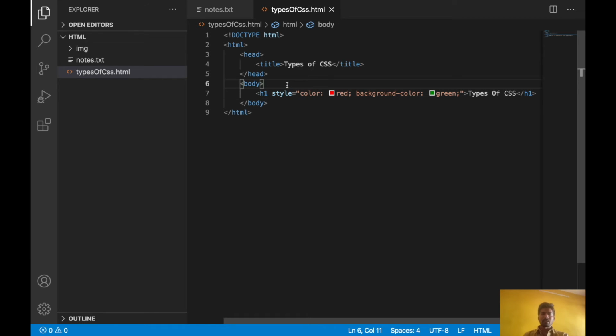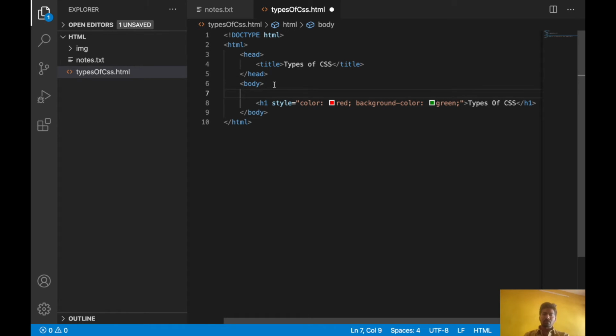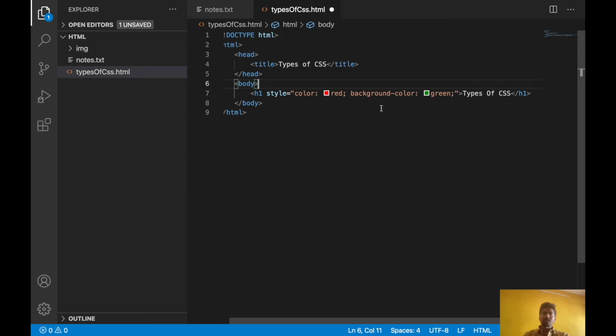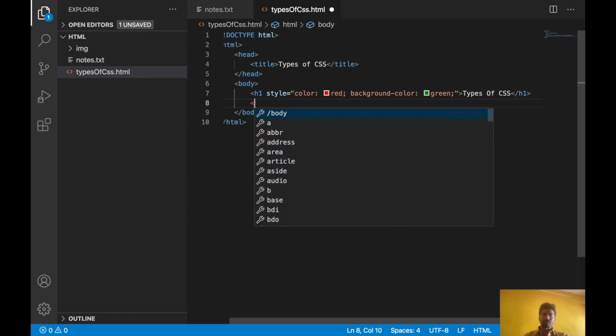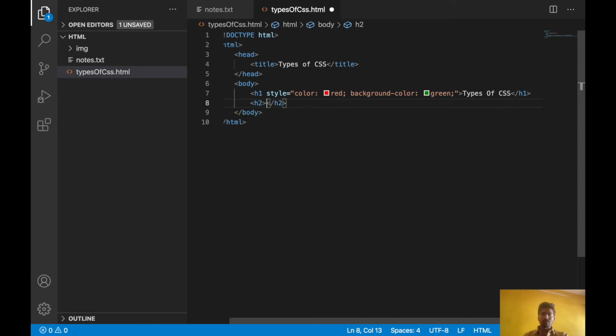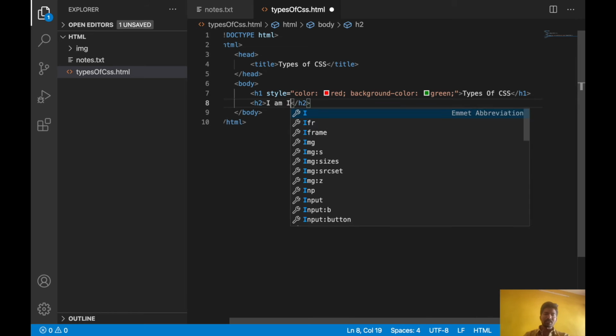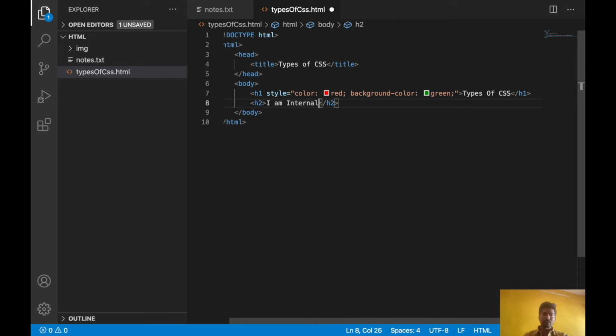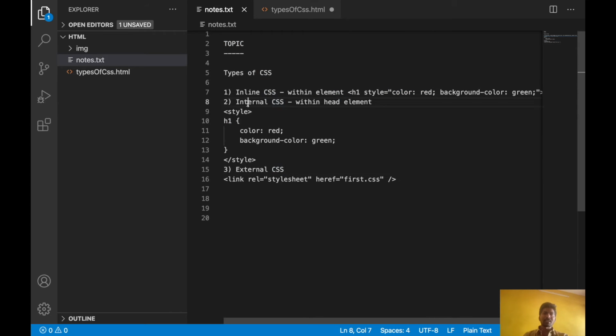Okay, we can take one more H2. Let's take H2. I am internal CSS. Let's see how we will write internal CSS now. Second one. Okay, within a head tag we will write like this.